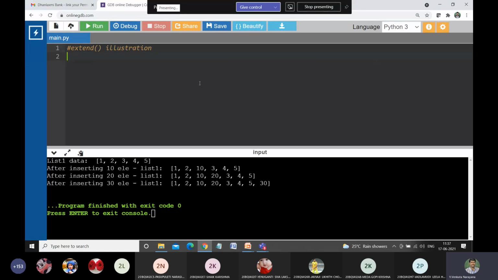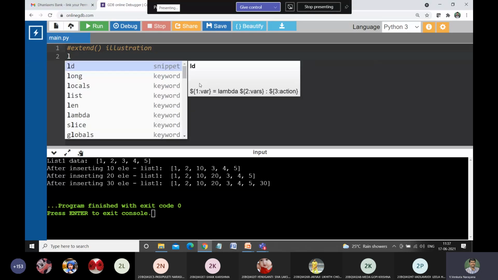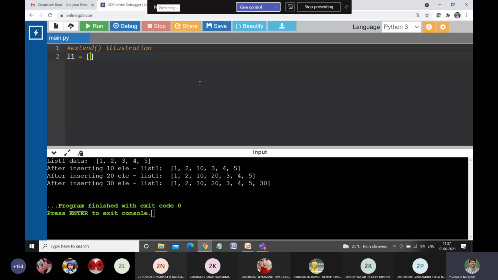For this I am taking a list L1, which is initially 1, 2, 3, 4, and I'm using the multiple values to multiple variables concept. List L2 contains 5, 6, 7, 8.